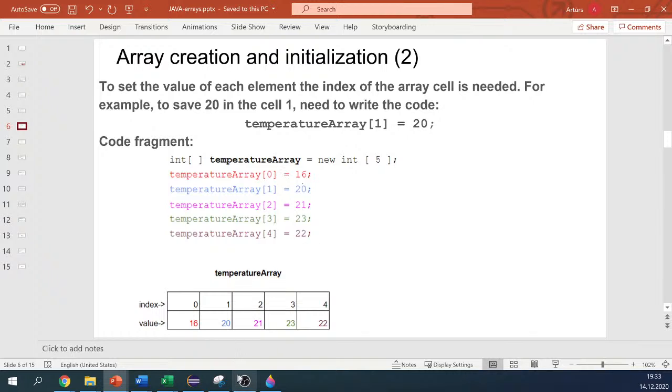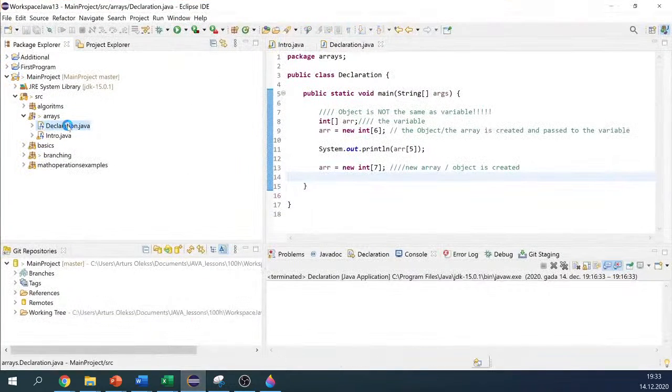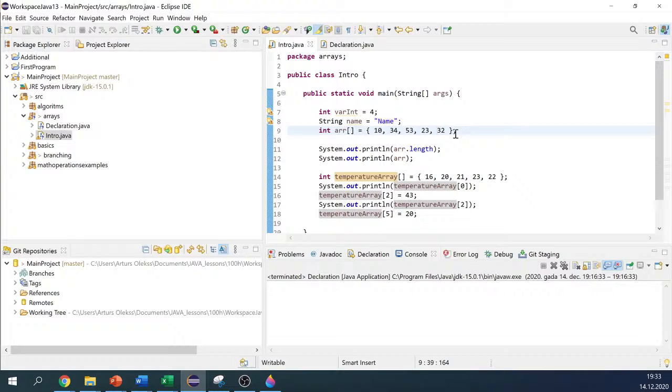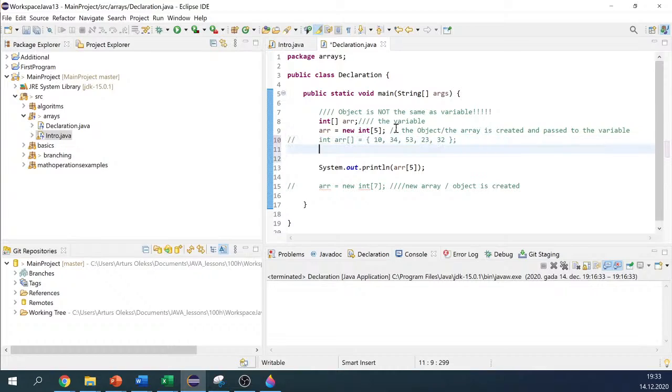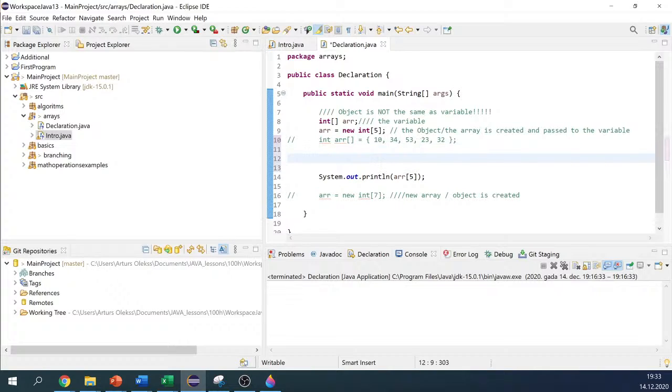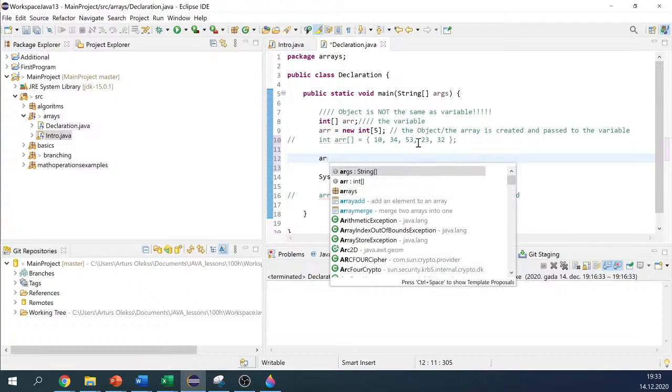So, as we can see here, we pass 5 elements to the array. Just to not overcomplicate, I'll comment it out, and so here we have 5 elements. Here we see the approach where we declare the values directly. We pass the values directly. In the same way, the more common approach is that